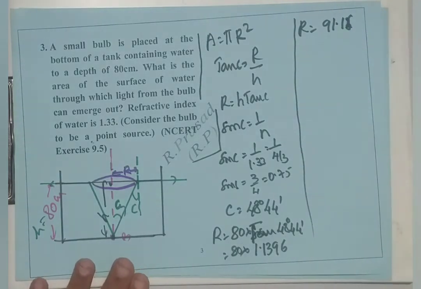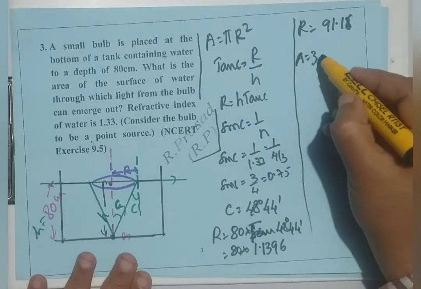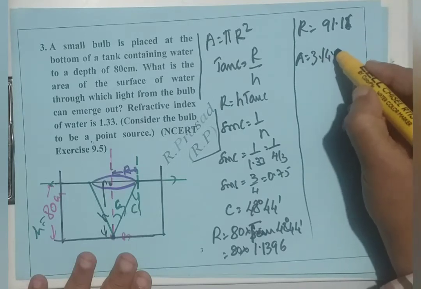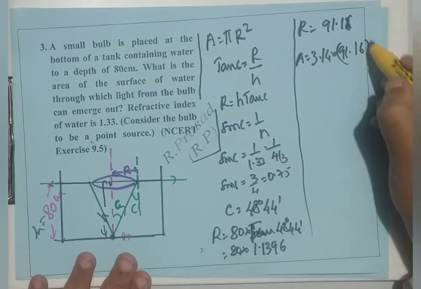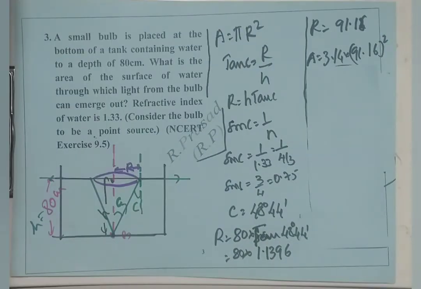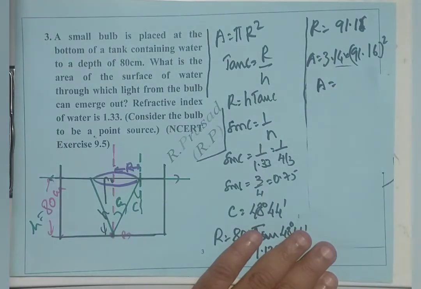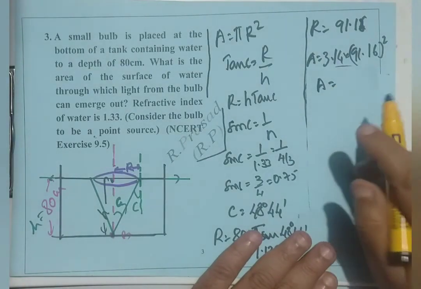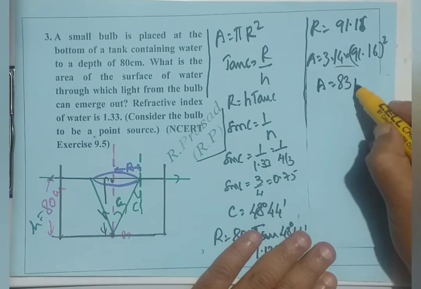Therefore, area A, after substitution for all these things, is pi, 3.14, into 91.16 whole square, which the area A amounts to, after calculation of all these things, 8310